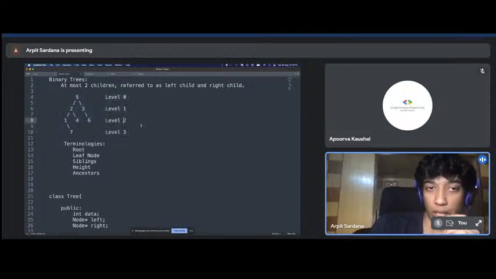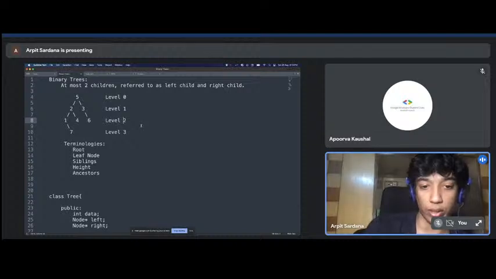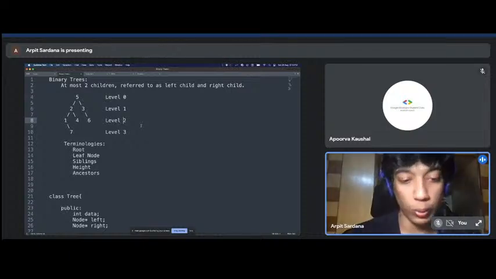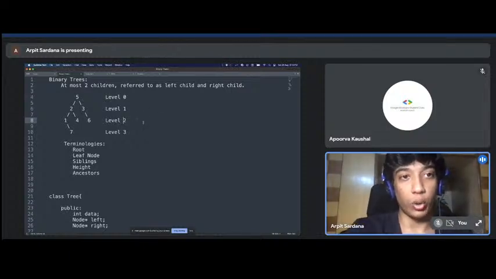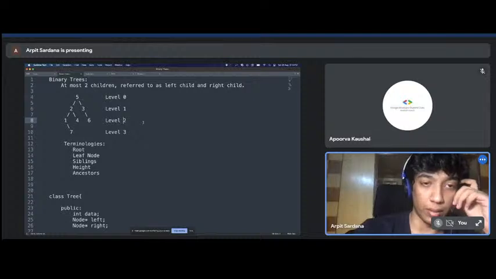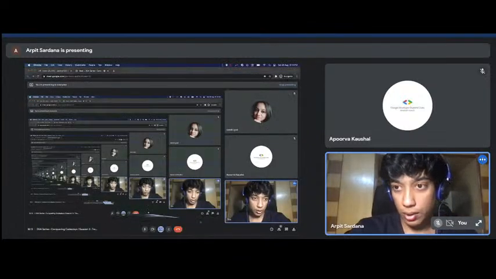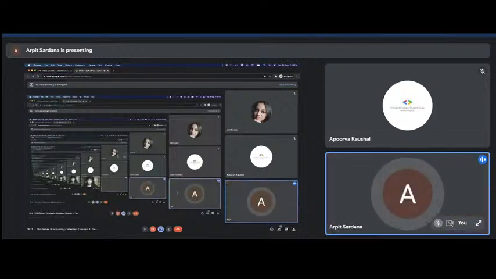Okay, before starting the session, let me know if you have any concerns or if I went through a particular thing too fast or you weren't able to get it, so that we can go through it deeper, and I can try to give an overview of what I actually meant. Wait, I think first I'll just stop my screen so that